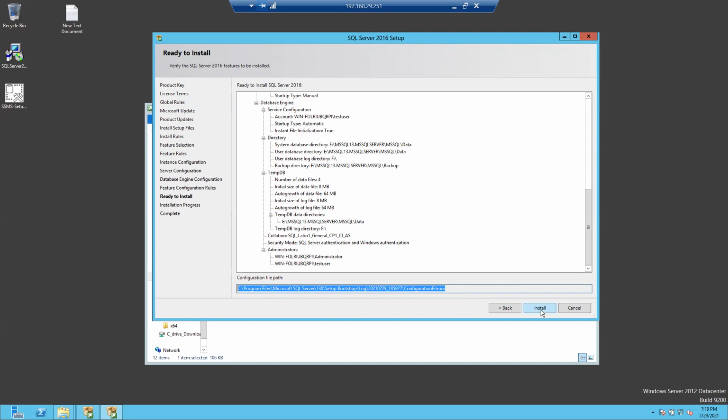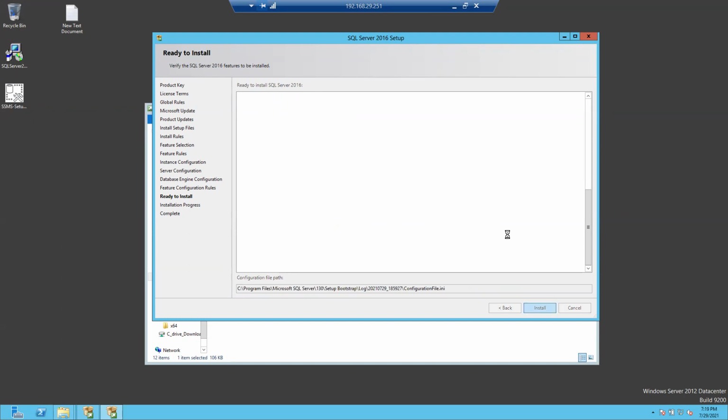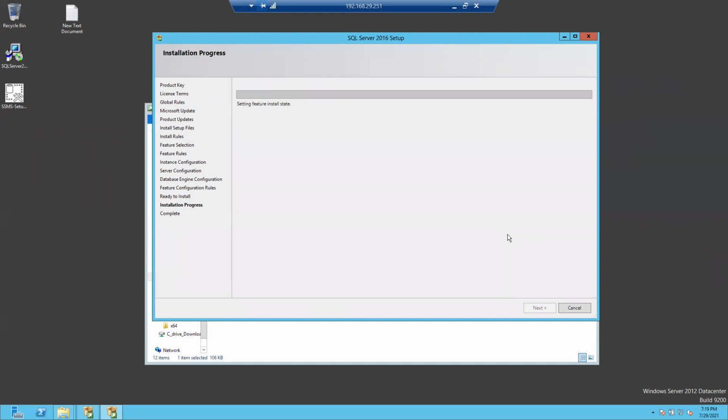So let me go for installation. See, when is that file useful? If you wanted to go for installation using that configuration file.ini, you can. Generally, say we have 10 servers and we wanted to use the same settings for all 10 servers.